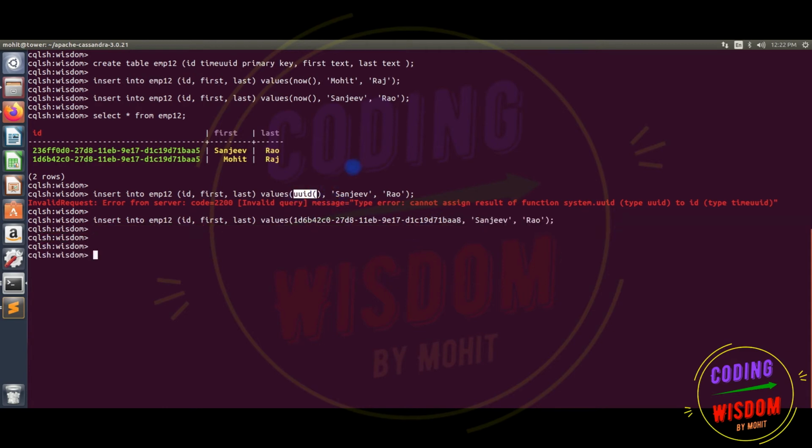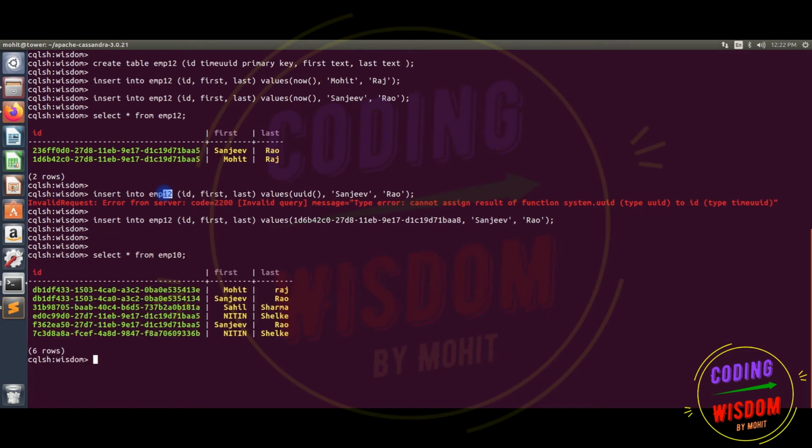But if you see the previous table of employee 10, select star from EMP10. Now I can give, consider employee 10, where I have set ID equal to UUID.